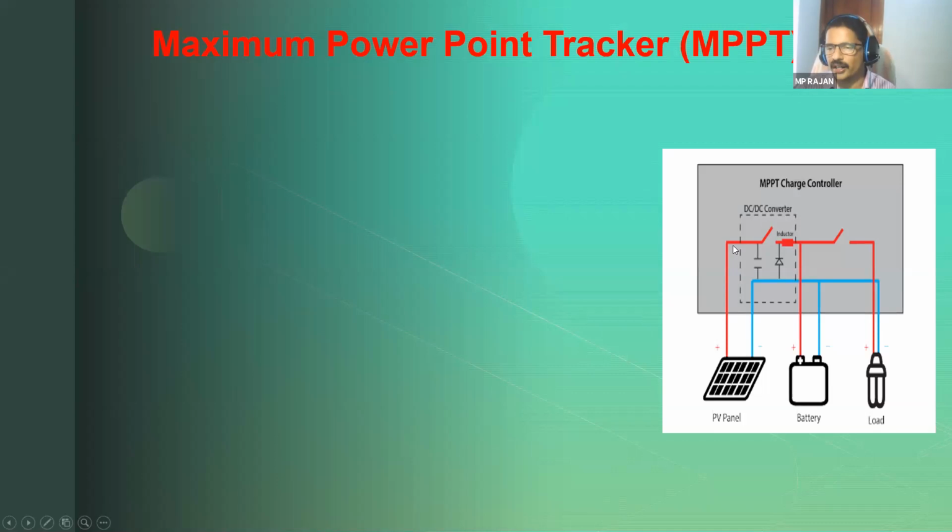आपका current accordingly change होगा, क्योंकि आपका power same रहेगा. Okay. So here DC to DC converter purpose is your output voltage is pre-decided, but you will get the maximum power whatever you are producing from here. So let us see how the circuit is working.